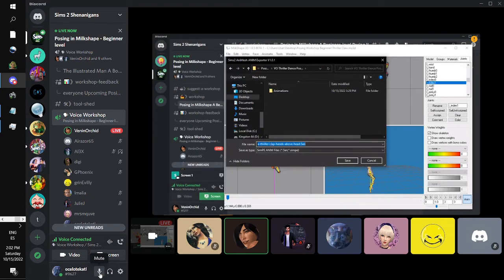Don't use what do you call it? Caps, caption, caps. Don't use all caps. Just keep it this way. A thriller claw. That is your animation, and we're gonna save it. Okay, caps don't matter, but